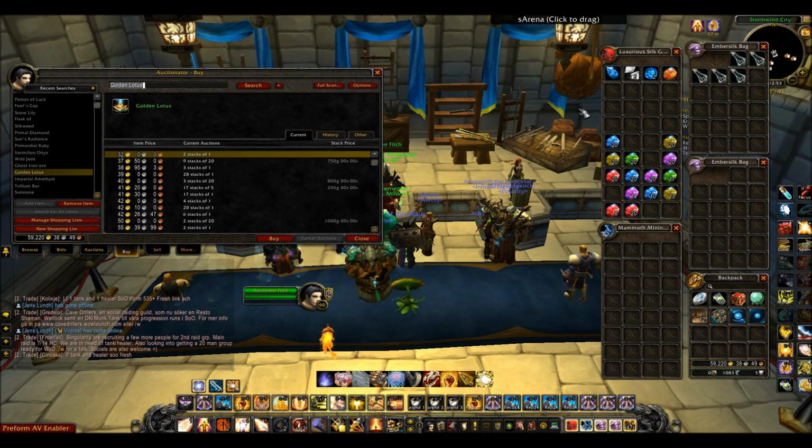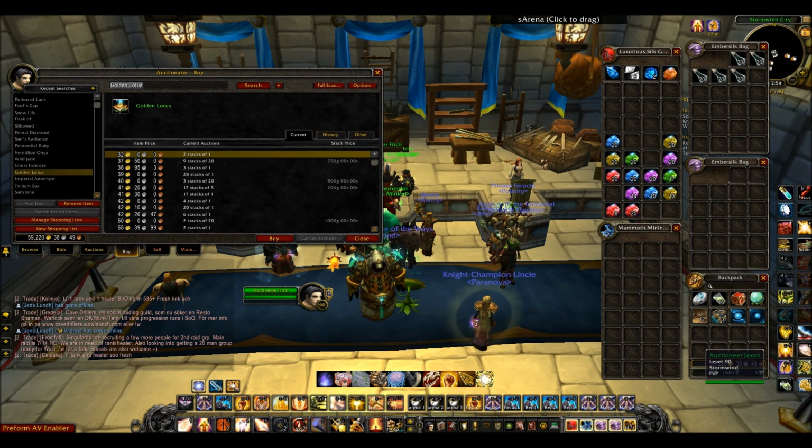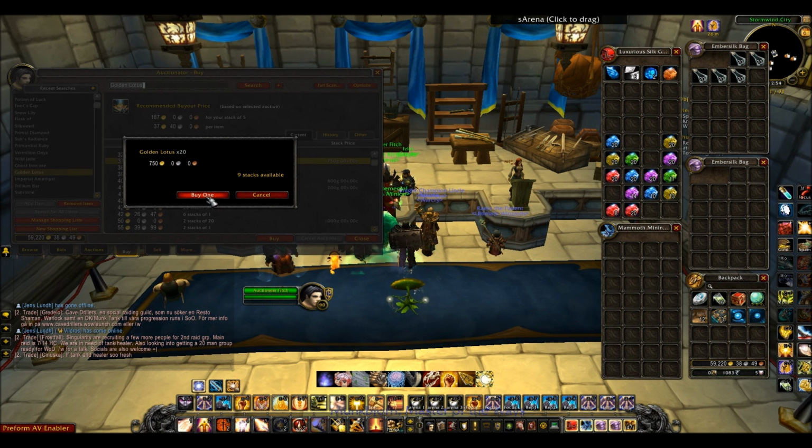Okay, so I've now sold off all my blue quality gems, and as you can see I've just got these green quality gems left. Now one method you can use with these types of gems is to use Golden Lotus and transmute them into blue quality gems. So here I'm going to buy a stack of 20 Golden Lotus for 750 gold,